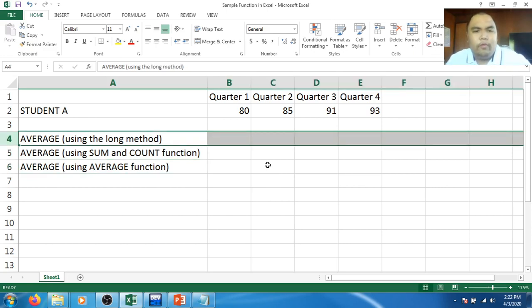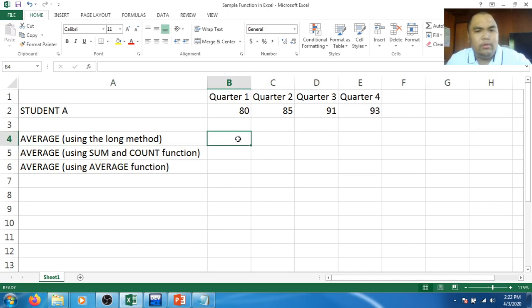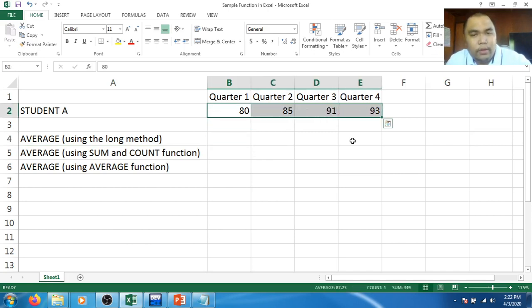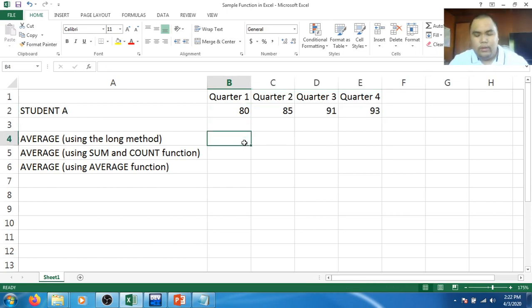We all know that for us to compute the average of 4 grading periods, all we have to do is add all of these numbers and then divide it by the number of items we have in our selection. So in this case, we type equal, open parenthesis, because we have to group it, for it has to be prioritized in the computation. So let's select 80 followed by plus